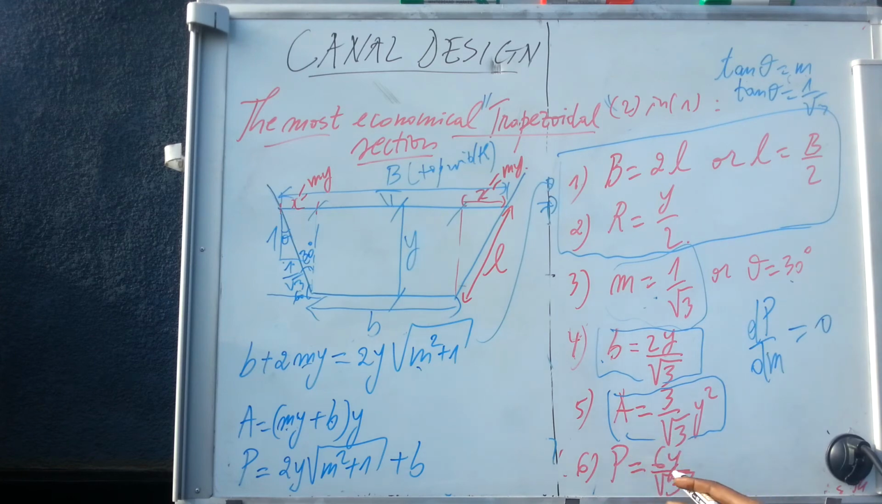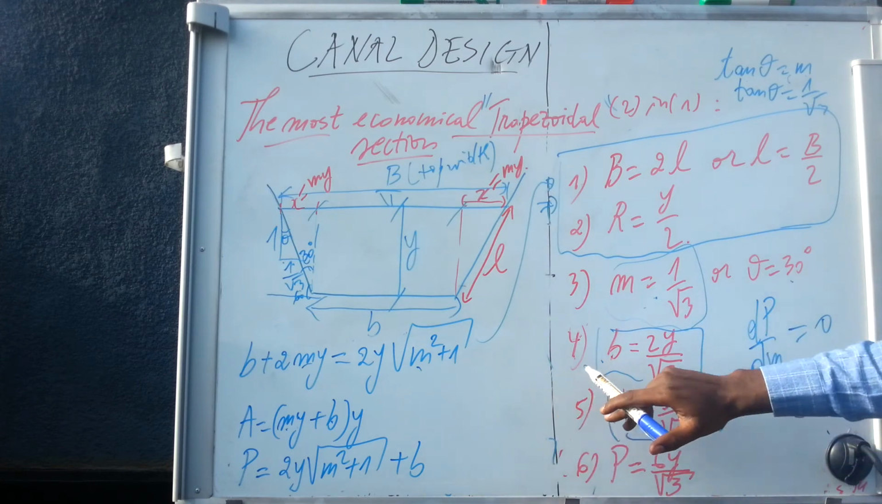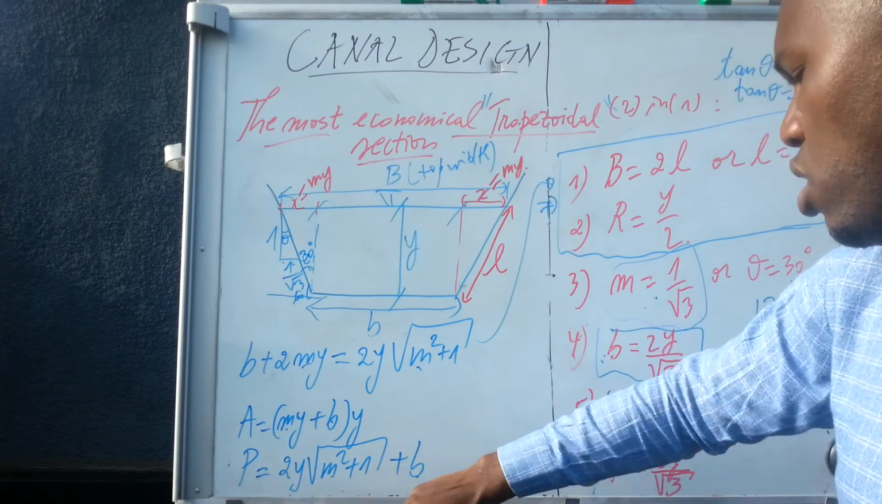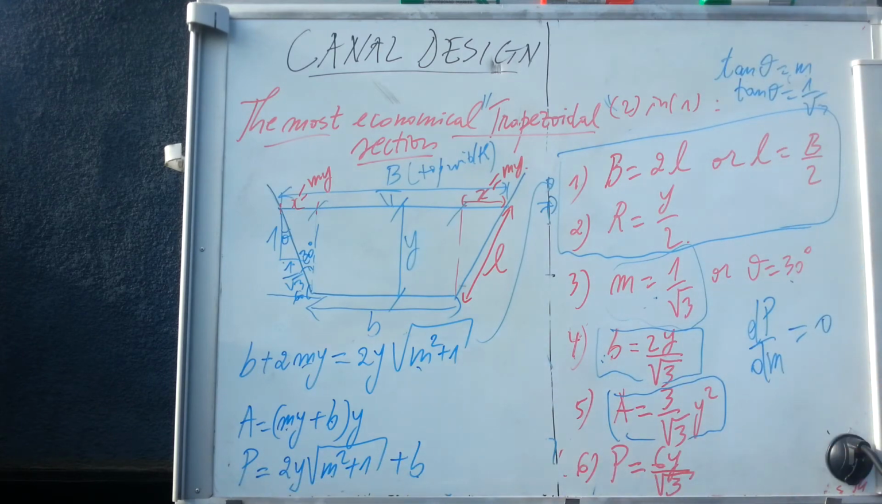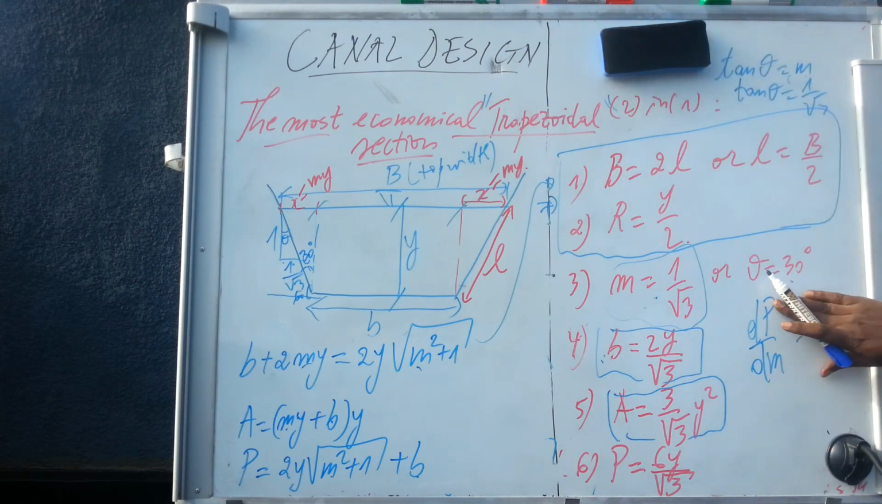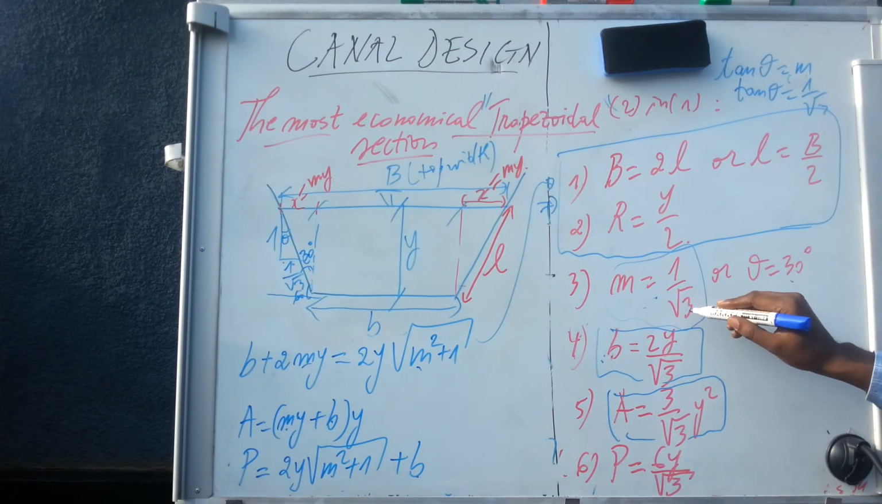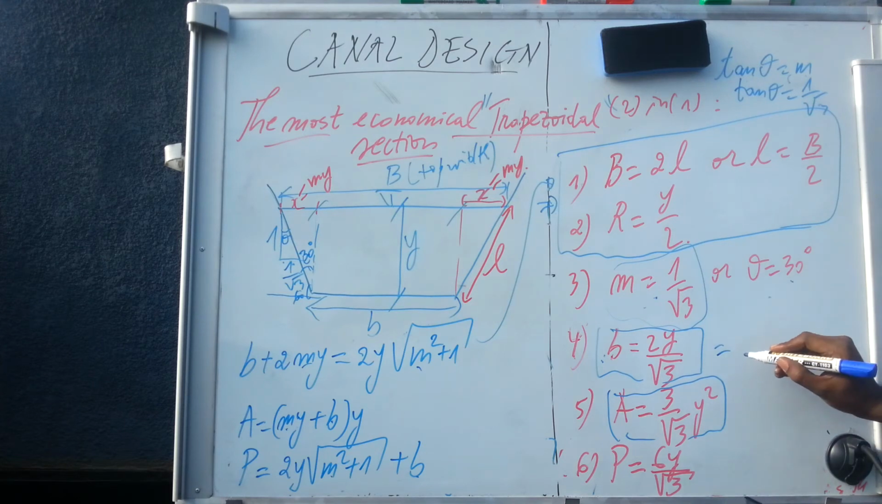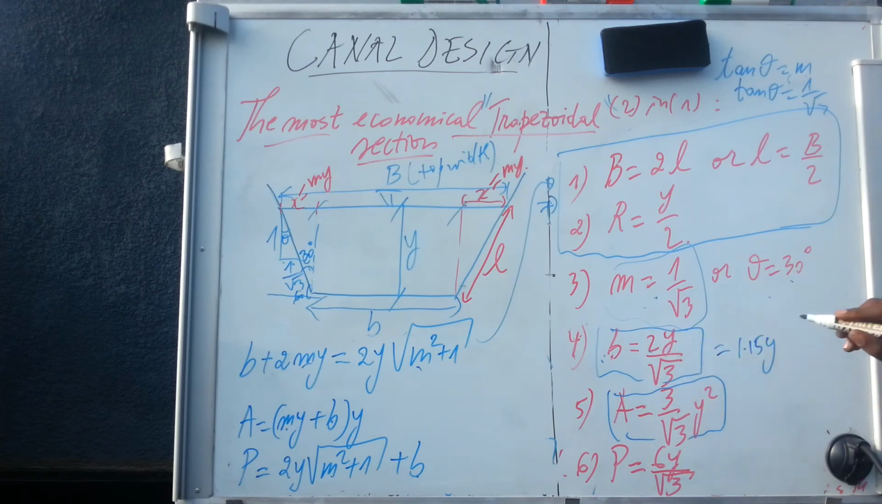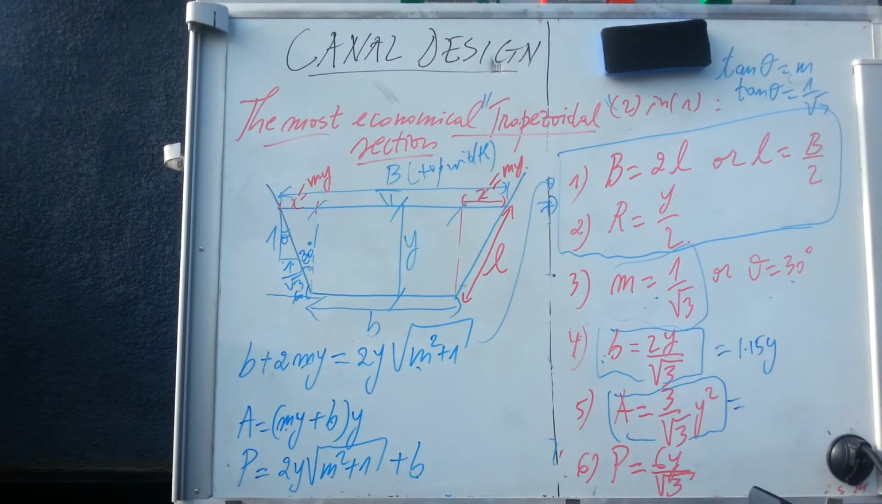So if you replace your b here and your m here, you end up with this weighted perimeter. So generally that is how we will compute. Meaning what? If you want, you can also say that m here, this is the same as 2 over square root of 3, the same as 1.15y. This is the same as this, and the area 3 over square root of 3,